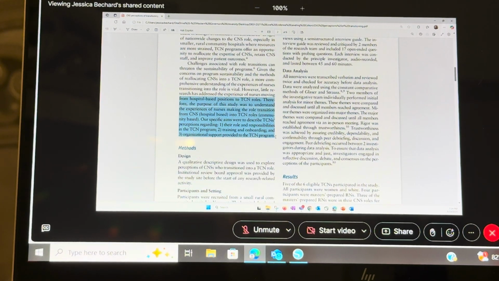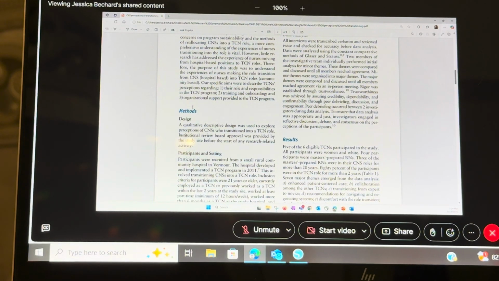Do any of these words look familiar? And if not, that's okay. Let's just move on then. So under methods, we have a design. They say a qualitative descriptive design was used to explore perceptions of the CNS who transitioned into a TCN role. Institutional Review Board was approved by the study site before the start of any research-related activity. Okay, so